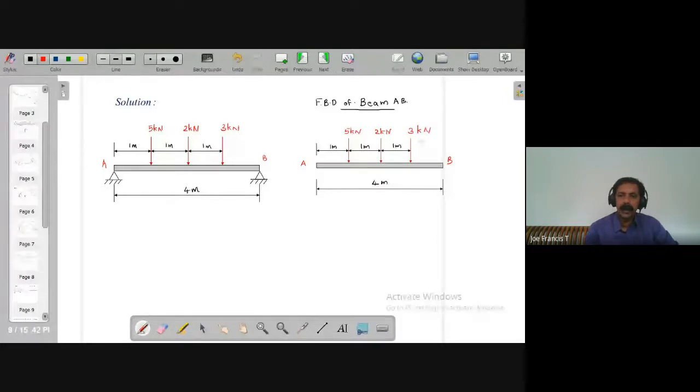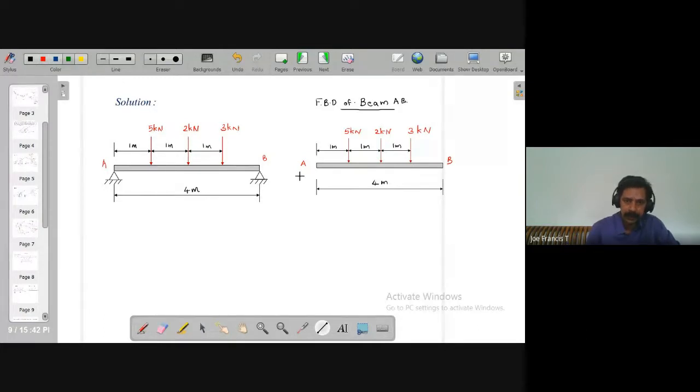Okay. So now you have to replace these supports by its reactions. Now you know it is a knife edge support, so it will restrict the moment only in the vertical direction. Okay. So at point A, if I replace that support and mark a reaction, I have a reaction at